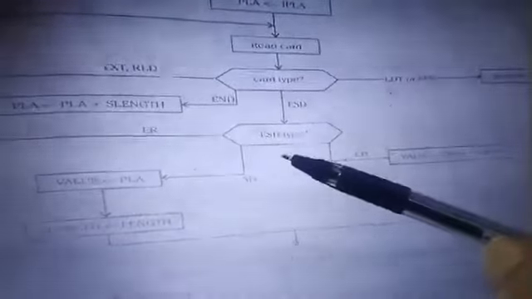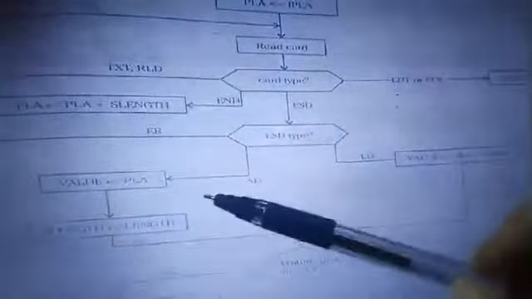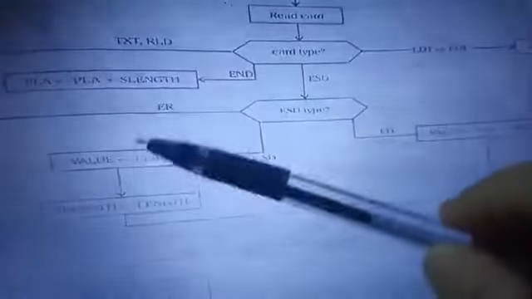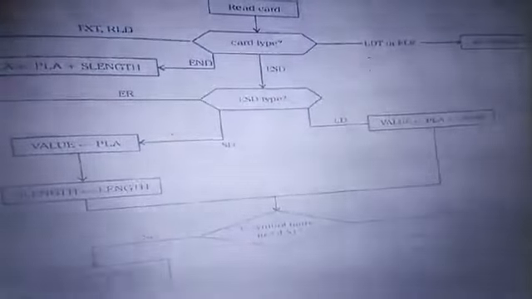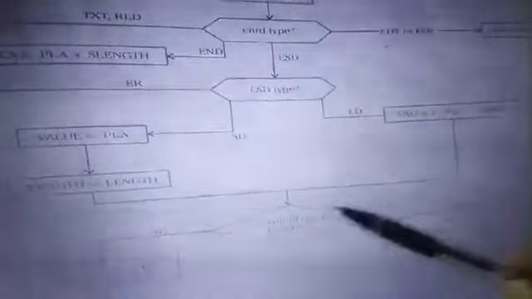If it is SD, then get the length so that you store till that. If it is ER, don't do anything. ER is nothing but an external reference. If it is local, then add it with the PAL. If it is an external symbol, then add it to the GEST table. If the name is already in the GEST, then it is an error. Then go and read a card again.